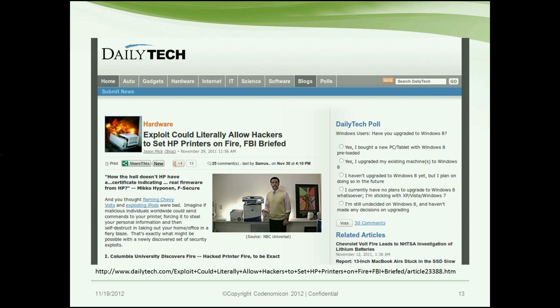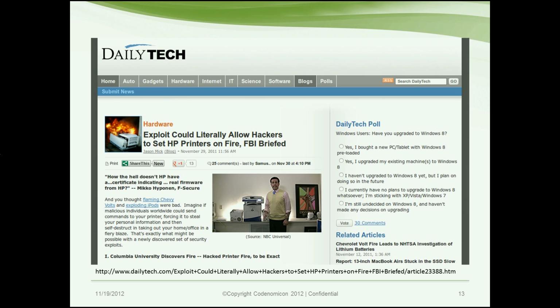What they discovered was that the firmware with which you can update a printer was unsigned, meaning that you can just upload whatever software you want yourself to the printer, and then adjust the software. And then of course it's adjusted software, so you can do things with the printer which you normally can't do. For example, what those researchers had done is they had